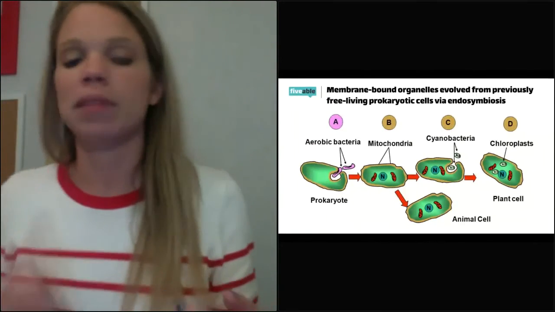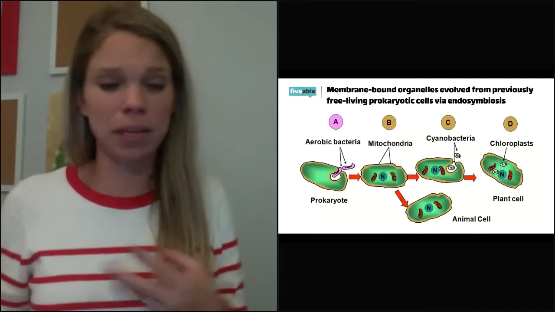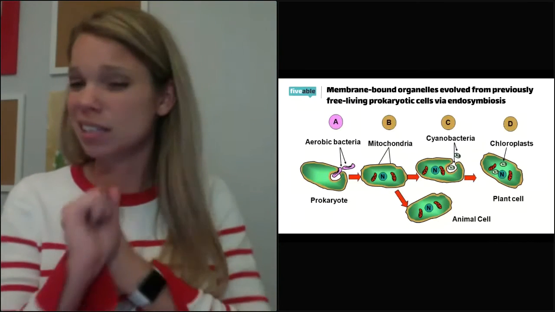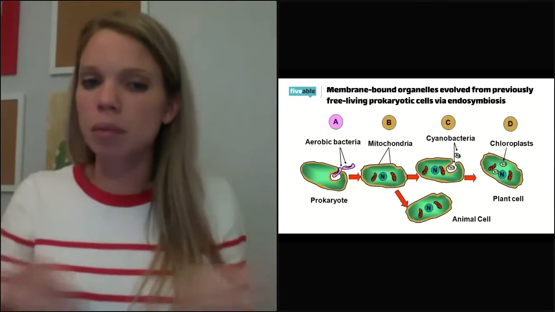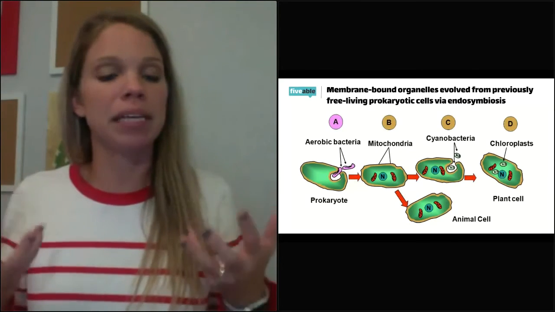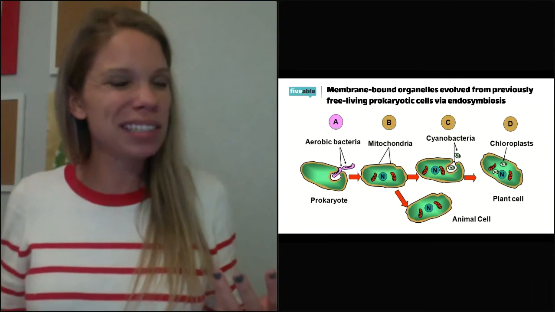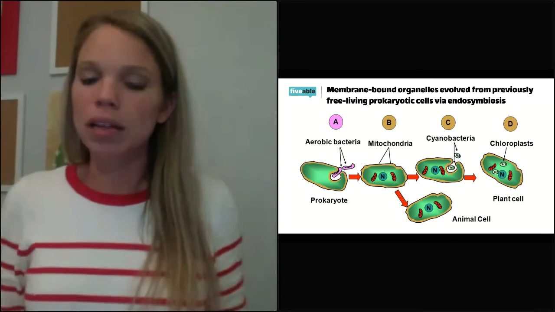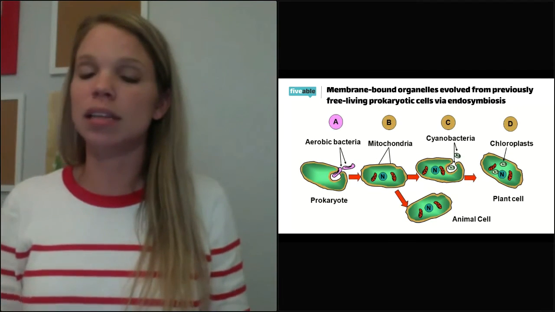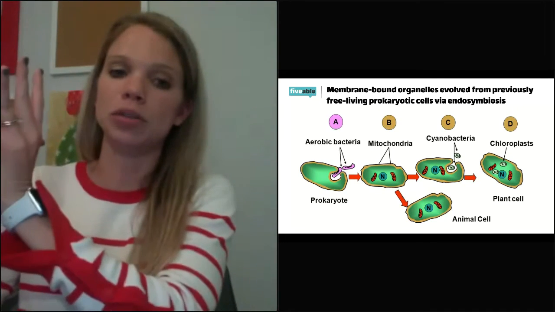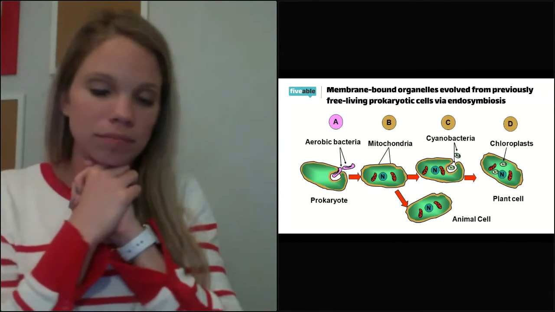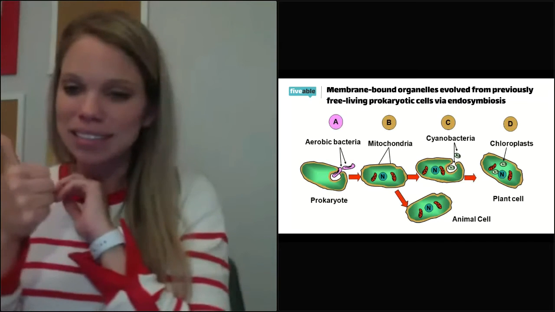So quick recap, they've got their own DNA. They do their own replication. They've got their own ribosomes. We have evidence that they were prokaryotic because they do have their own DNA and because they have that double membrane. Those are going to be the main pieces of evidence. If they had single membranes, then they probably would have developed inside the cell on their own. But since they have the double, that's evidence that they were absorbed via endocytosis. And Lynn Margulis did all this. She's awesome. Good job, Lynn.